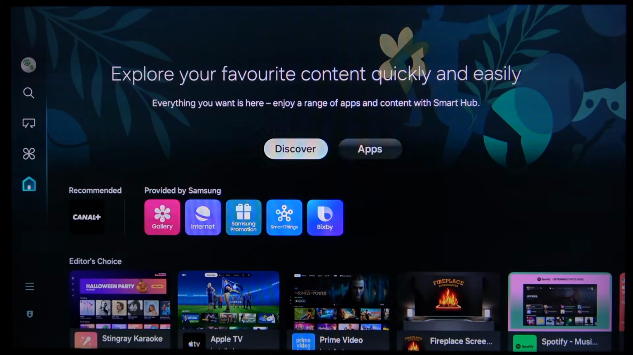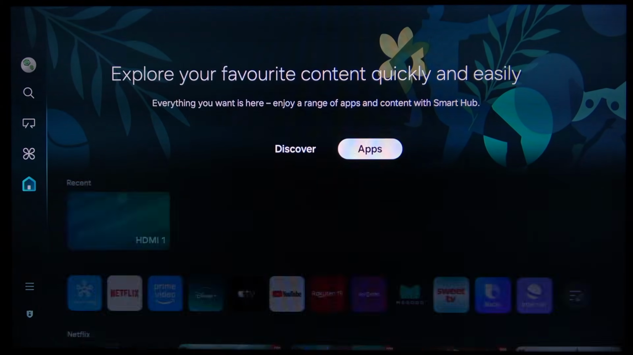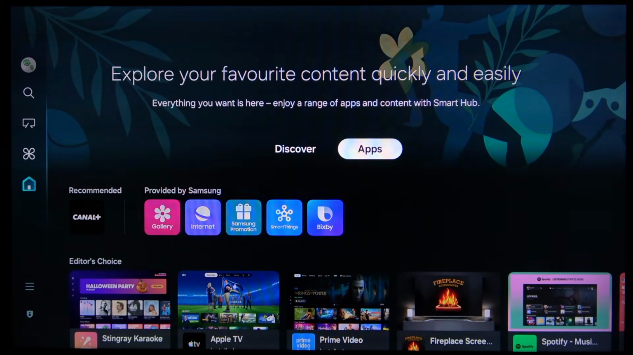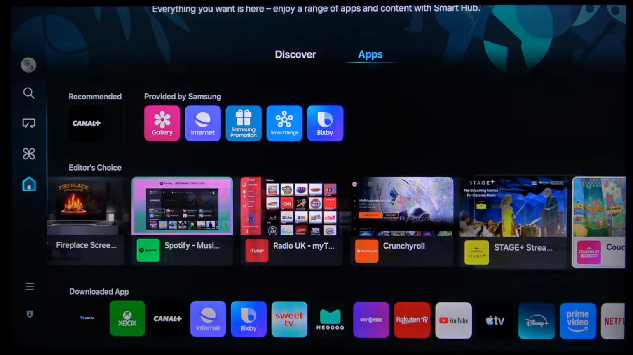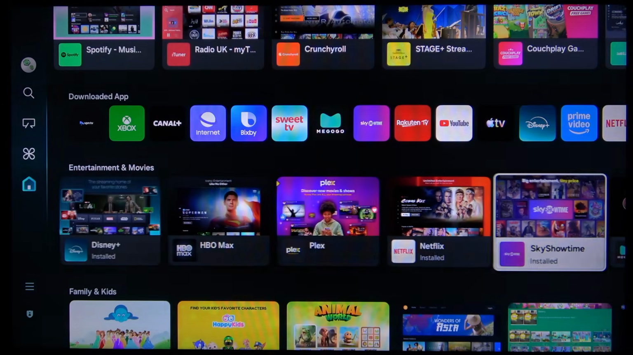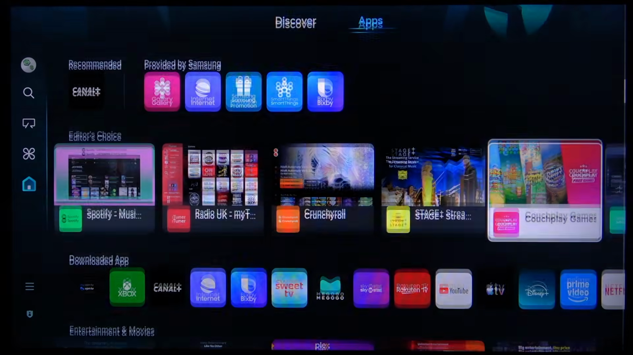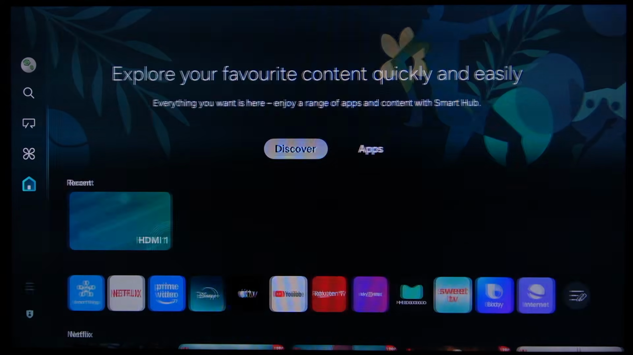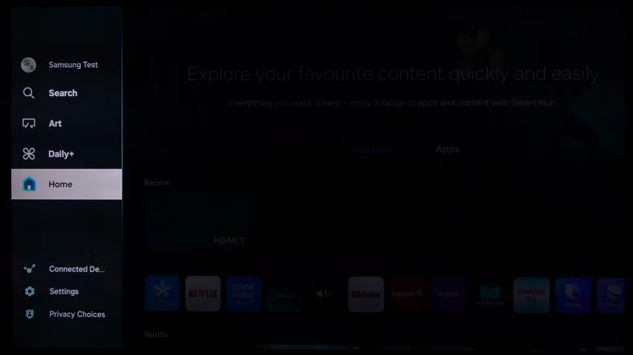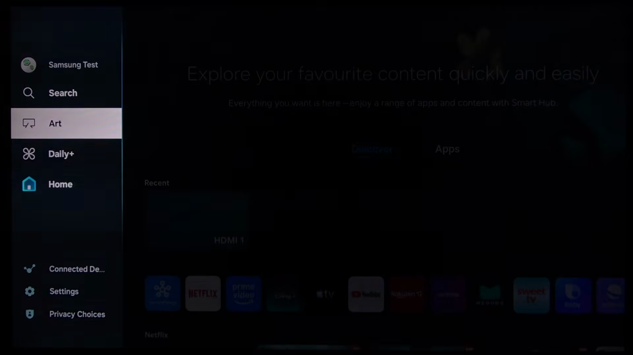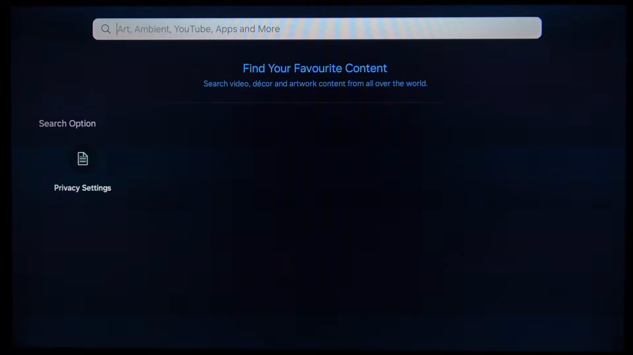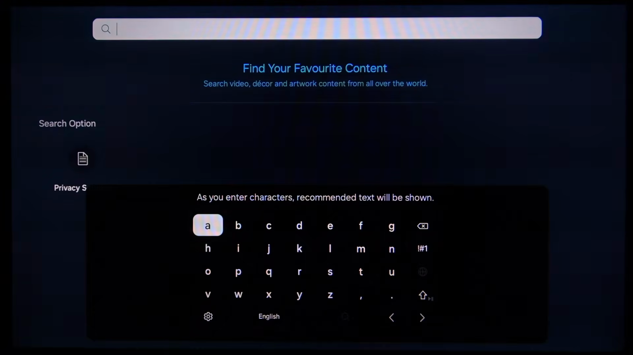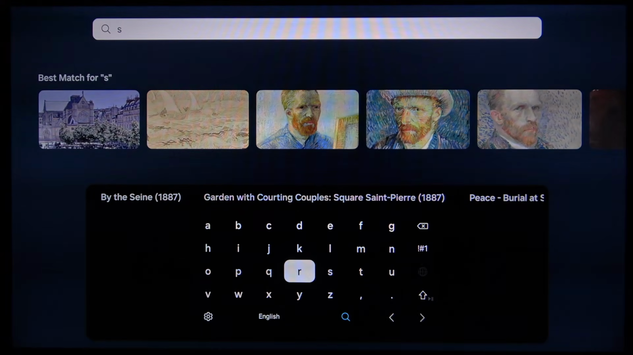So first of all, press the Home button on your remote and then press the right button to switch to the Apps menu. And here you can navigate between the available applications for your TV. But if you want to search for a specific application, use the left button until you open up the sidebar on your TV and then navigate to Search, select Search, and then select the search field and press OK to open the keyboard. And now start entering your